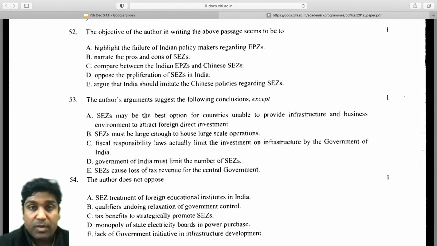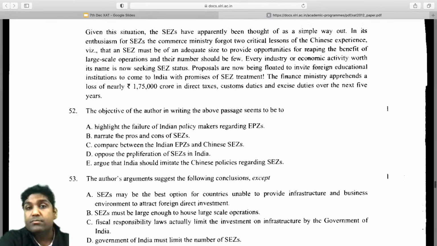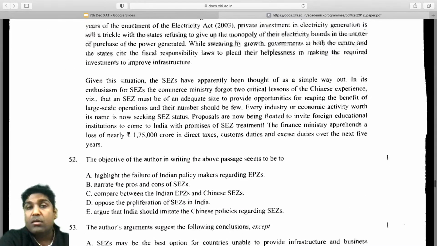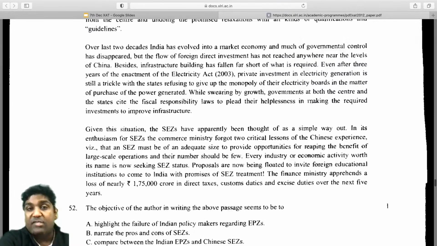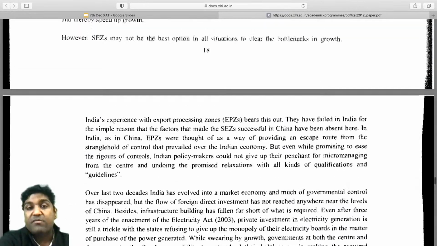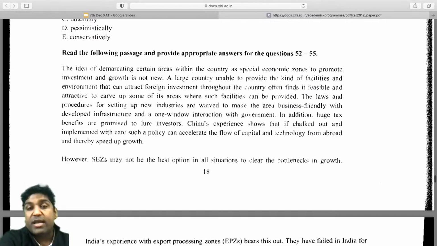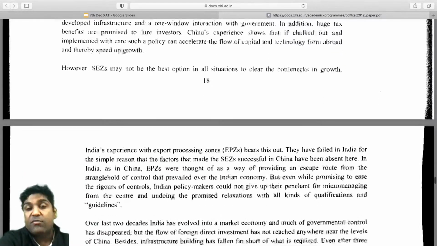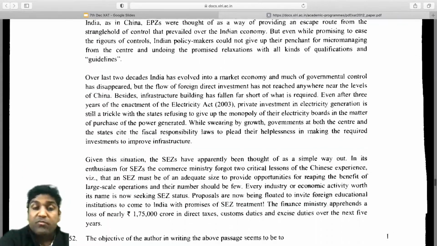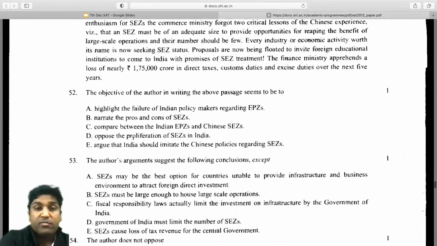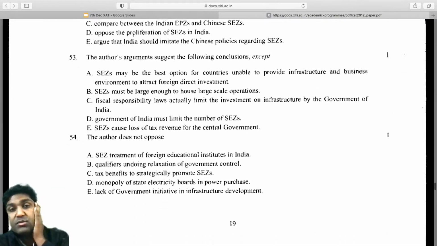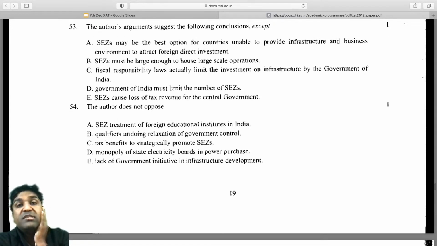So it's the first one, because it is the policy failure which he was mainly talking about in the last paragraph, the second last paragraph, and even the second, third, and fourth paragraphs. In these three paragraphs, he's talking about the problems with Indian policymakers. Next question: the author's argument suggests the following conclusion, except